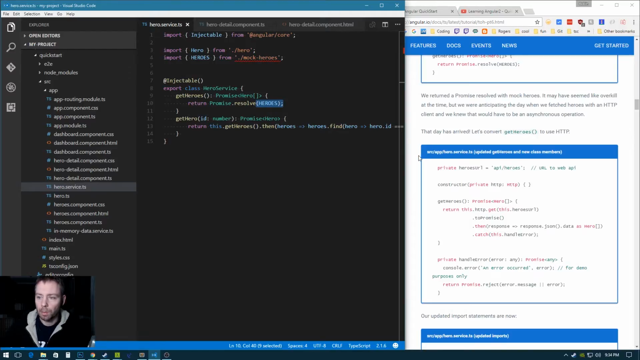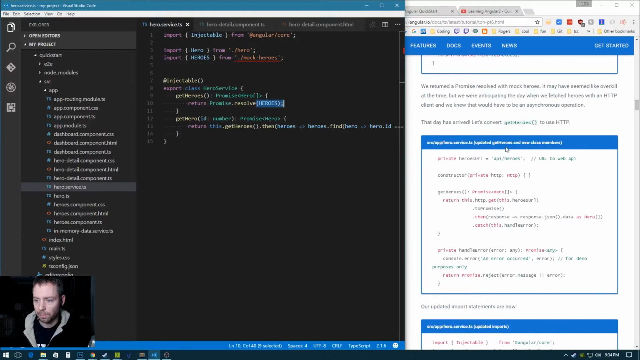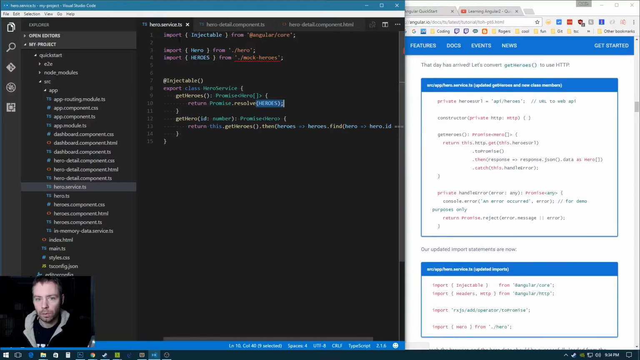We returned the promise resolved with mock heroes. It may have seemed like overkill at the time, but we were anticipating the day when we fetch heroes with an HTTP client, and we knew that that would have to be an asynchronous operation. That day has arrived. Let's convert getHeroes to use the HTTP service. So in this service file,